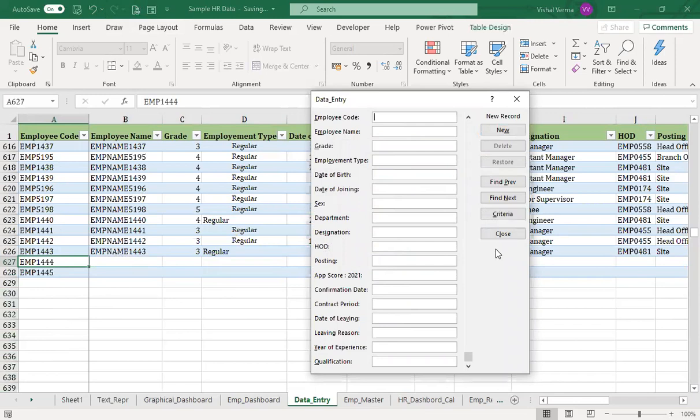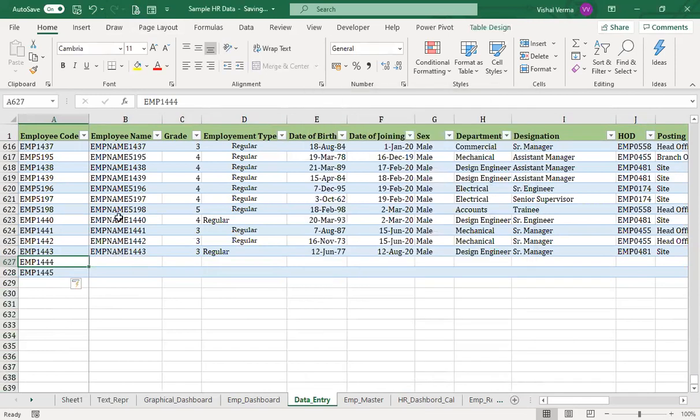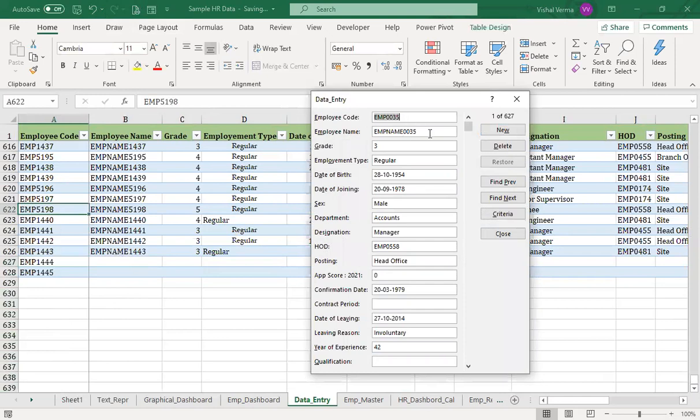Now if you want to change the detail of a particular employee, you can go to the form and clear all the data. So we have to search for criteria.